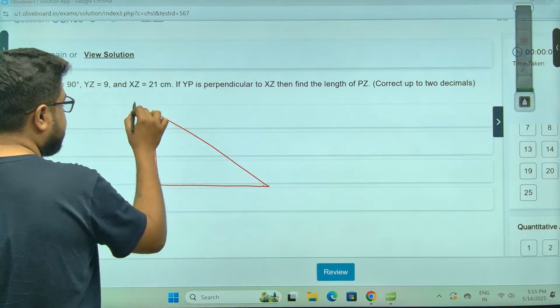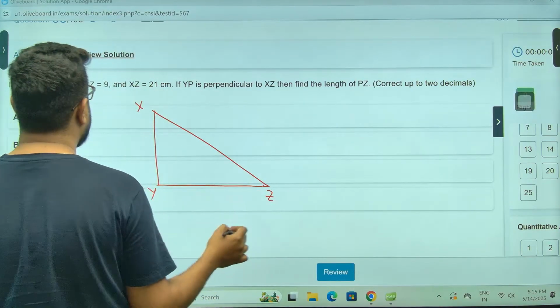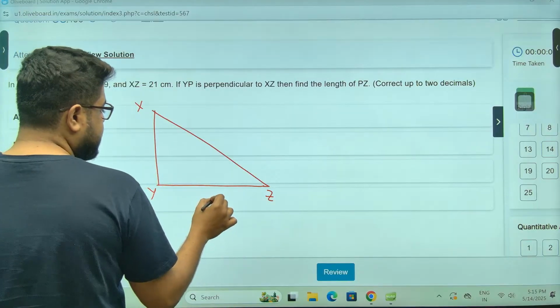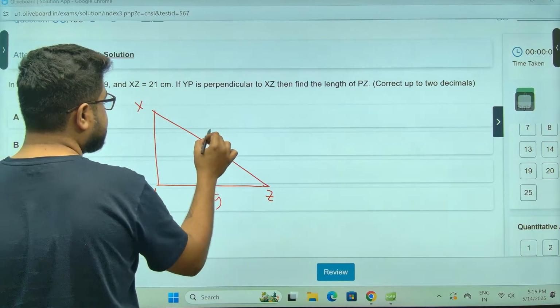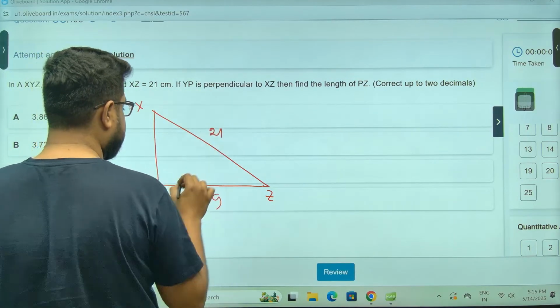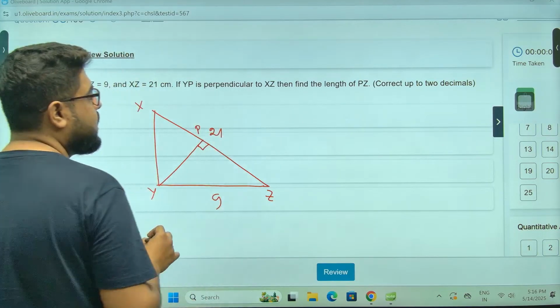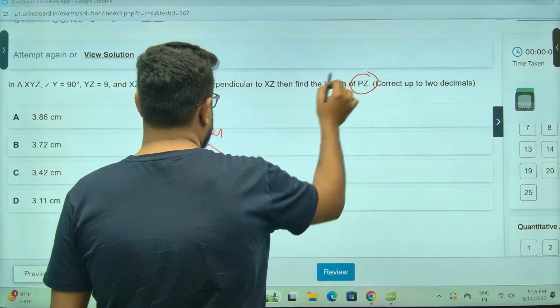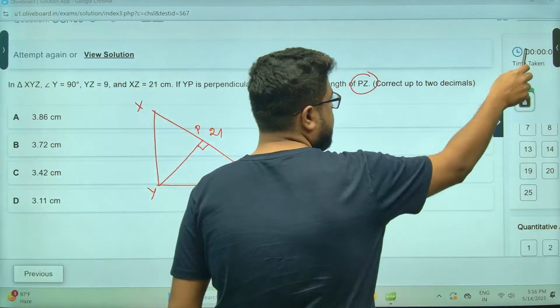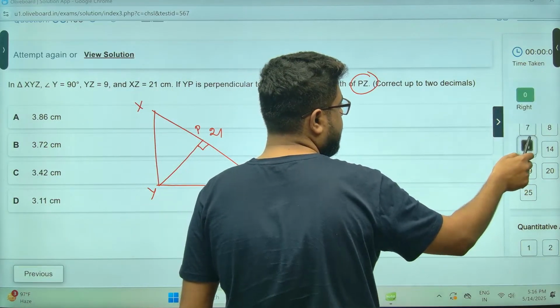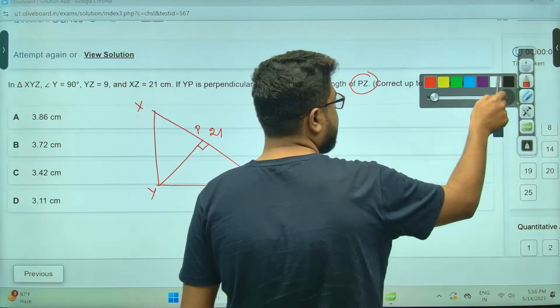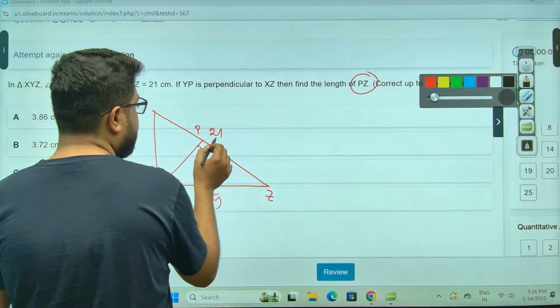Y is 90 degree. XYZ. YZ is 9. XZ is 21. YP is perpendicular. P. Length of PZ. Sir, if you want PZ,